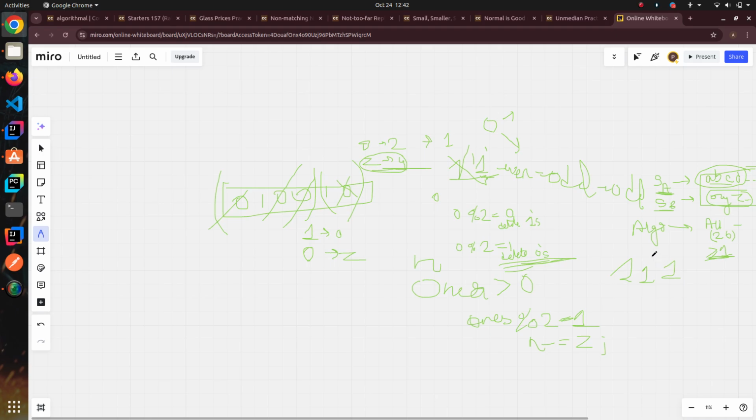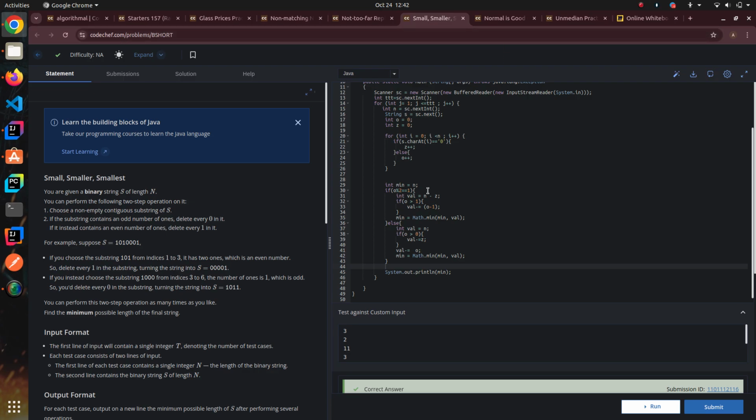So what we'll do is we can take this substring and delete all the ones. In that case, all of the ones will get removed, and similarly for the other case. What I'm trying to do is take the count of zeros and ones. If the number of ones is odd, I will directly subtract all of the zeros, and there is always a valid thing. And if we have ones greater than 0, that means